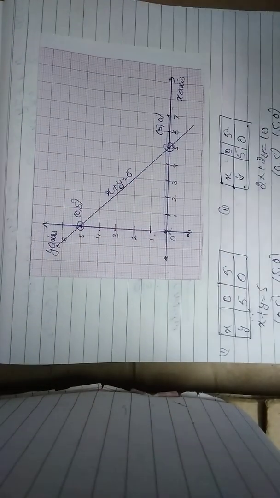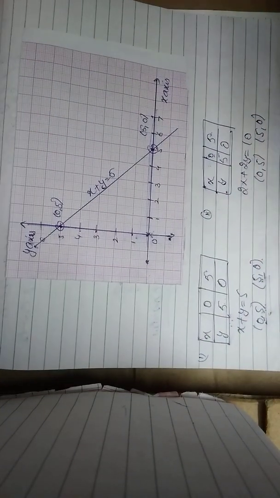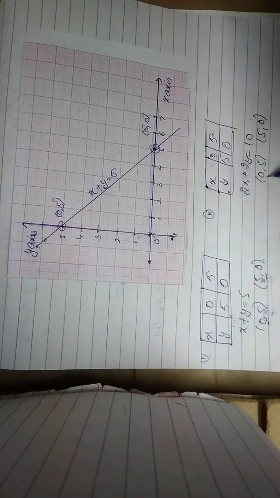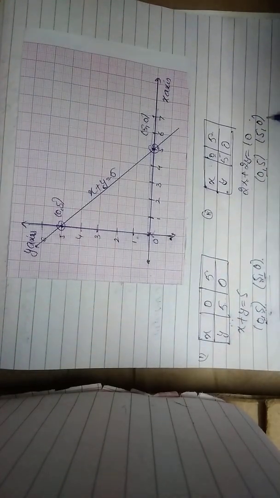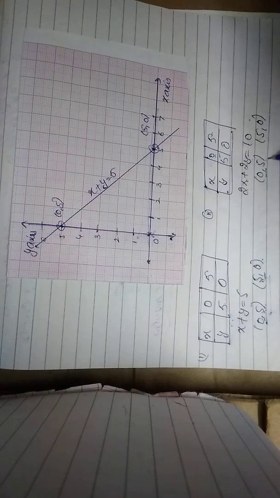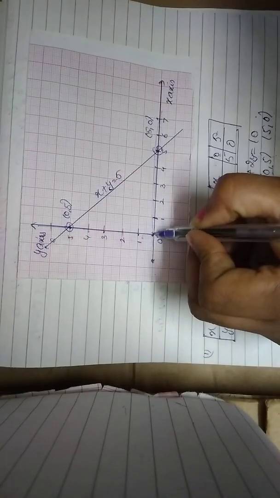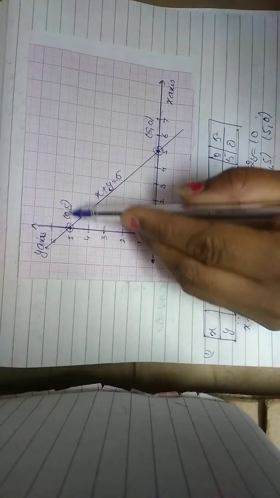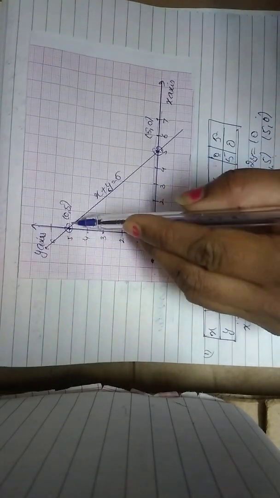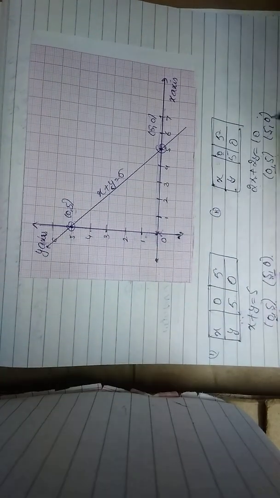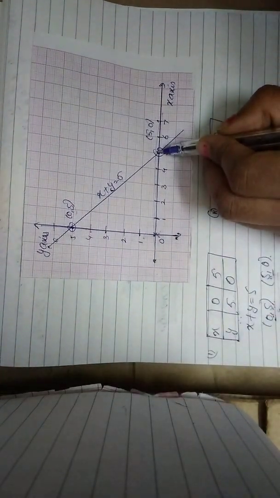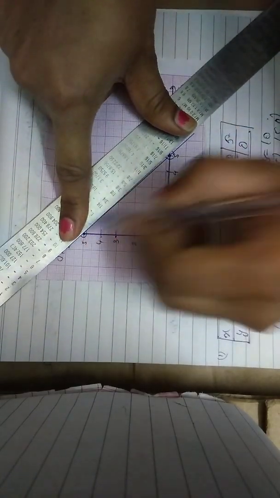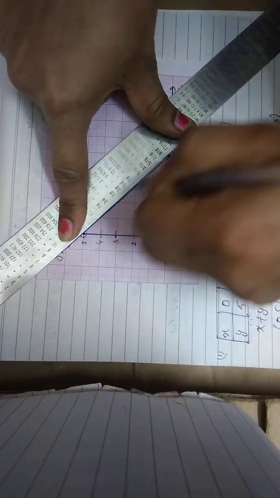Now, again, the second equation, 2x plus 2y equals 10. Its solution is (0, 5) and (5, 0). First, x is 0, y is 5. X is 0, y is 5, so we go upward. Here is y 5, so (0, 5). This is the same coordinate. Now (5, 0) is also here. Now we again draw the second line with the help of these coordinates.